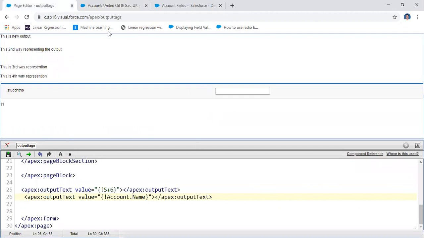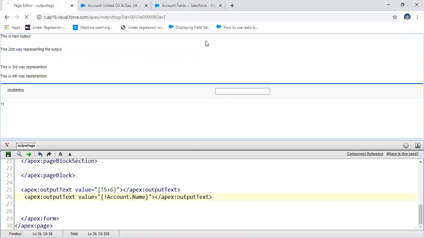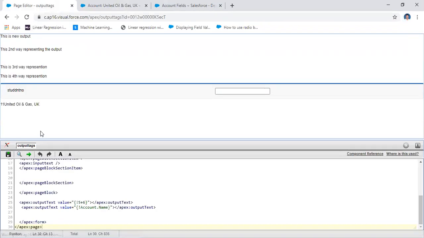Here nothing was displayed. That means if you write question mark id equal to, paste it, then it displays the account name. The account name in this case is United Oil and Gas UK.